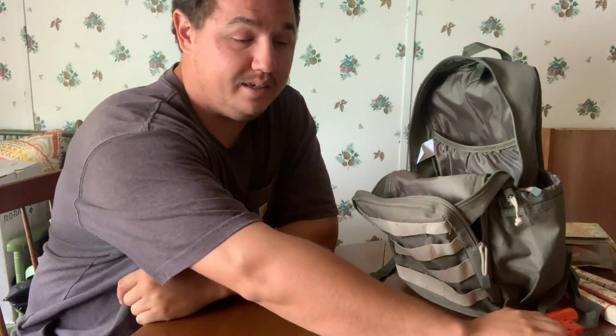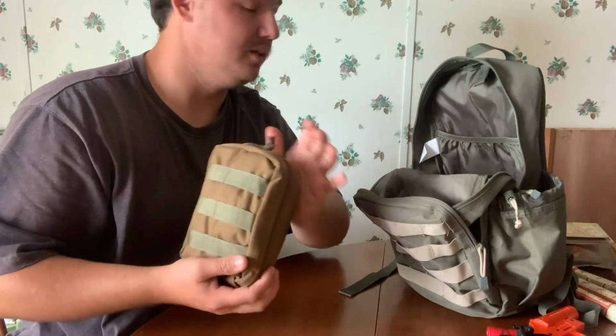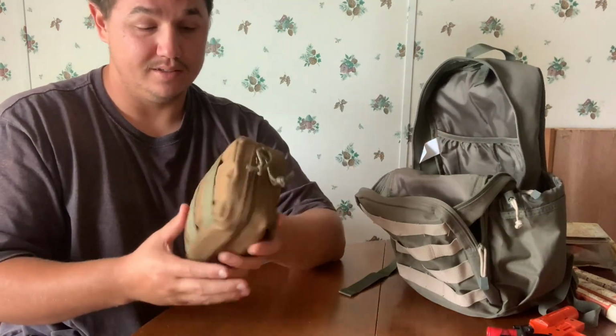So, I'll put that to the side. But flare gun, I would highly consider it for any emergency bag you have. You might wonder what this is. A bag within a bag. This is actually my